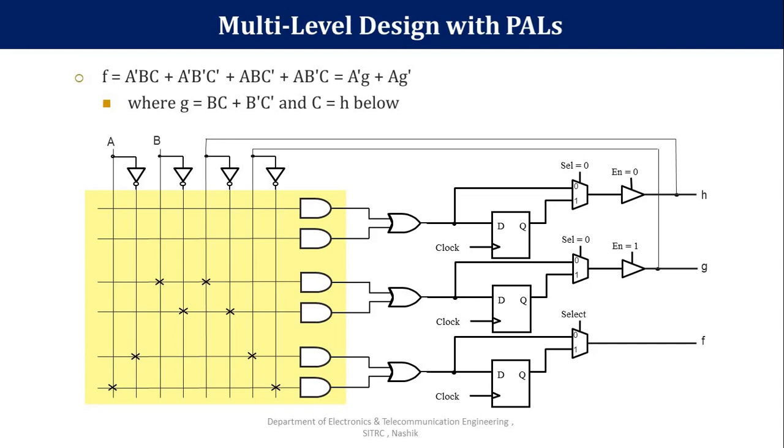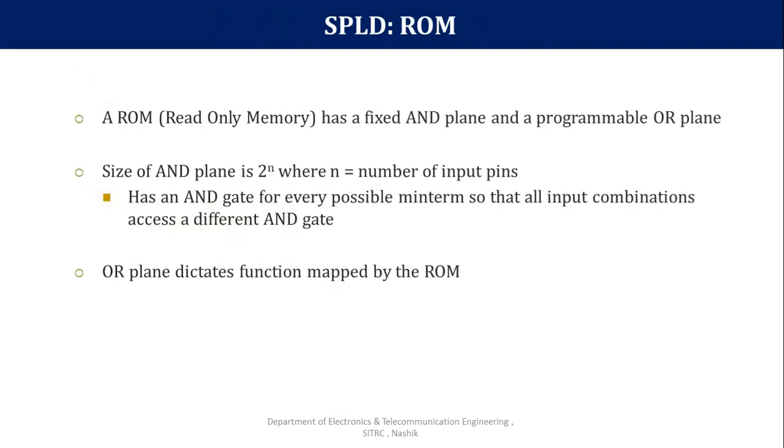Here you can see how this cross indicates the connections after the programming. These particular connections are active or made to generate the product terms. The output of product terms are given to the OR gate. Then OR gate outputs are given to the macro cells. Then macro cells outputs are connected to the input and output port with or without synchronization of clock. Means different levels of gates, then macro cells you can use to implement your circuits.